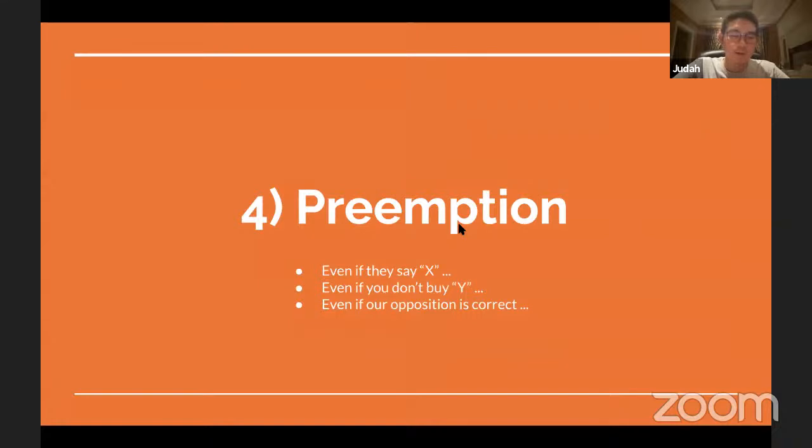And the fourth thing I want to talk about, and this is kind of nearing the end, is preemption. So this is used for speakers either in the PM or the LO in both AP and BP, or the member speeches, right? It oftentimes isn't used for whip speeches just because you are already able to know everything that's happening in the round. This is really important because as long as you prove an argument to be true and you weigh that